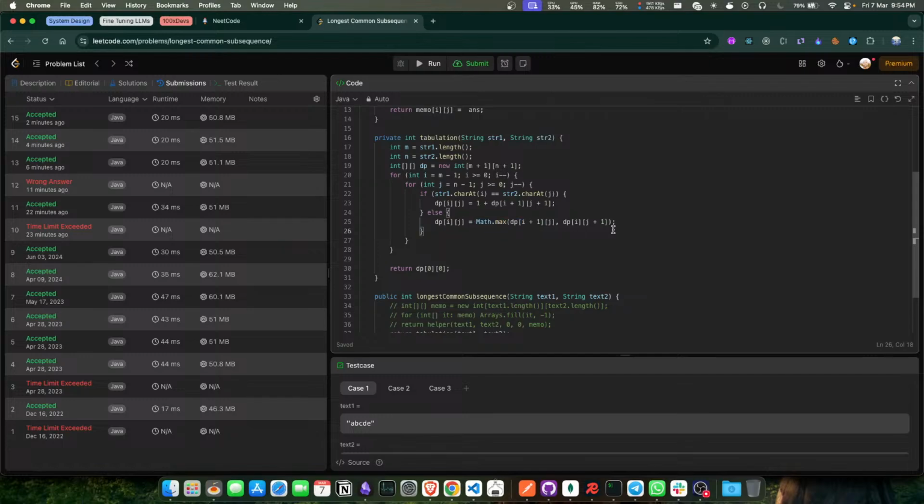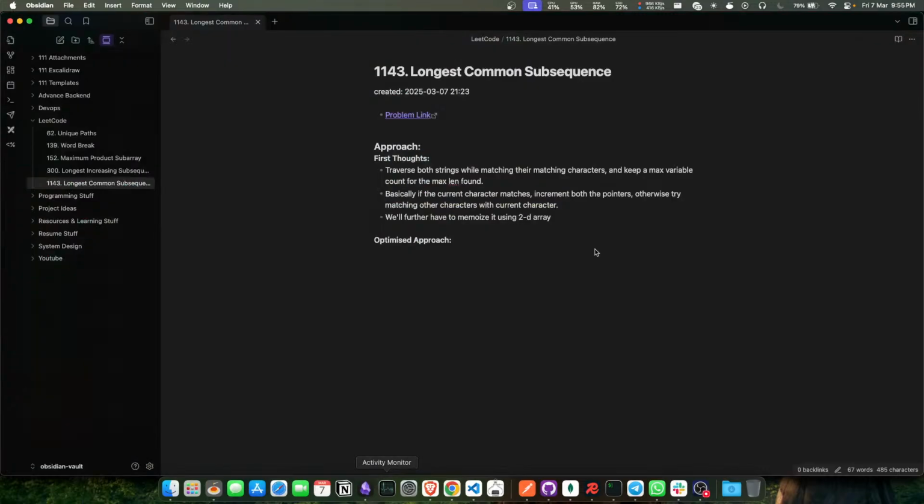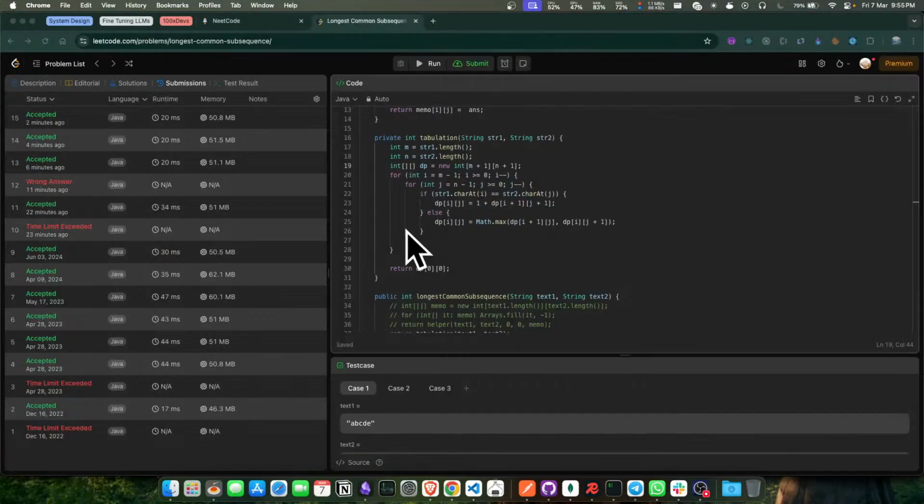Alright, we can simply optimize it using a very simple approach, I guess. We do not need dp of whole m cross n size, right? Let me note it down. What I want to say is